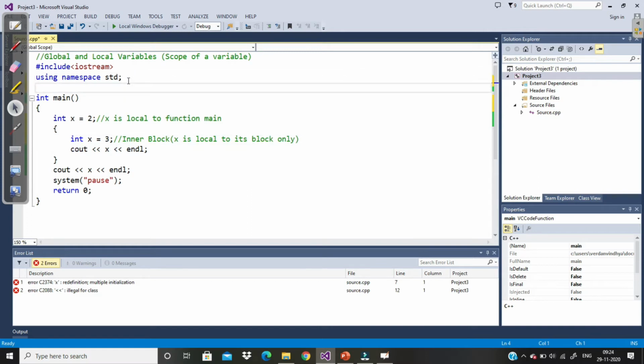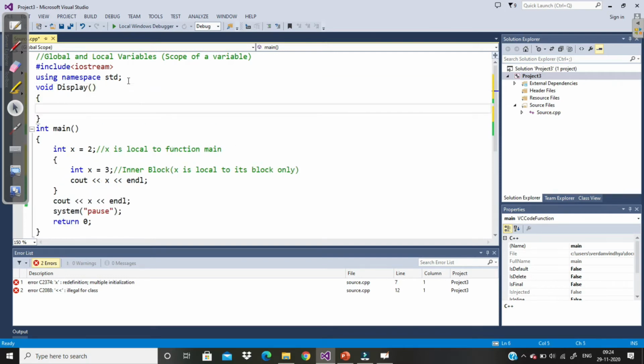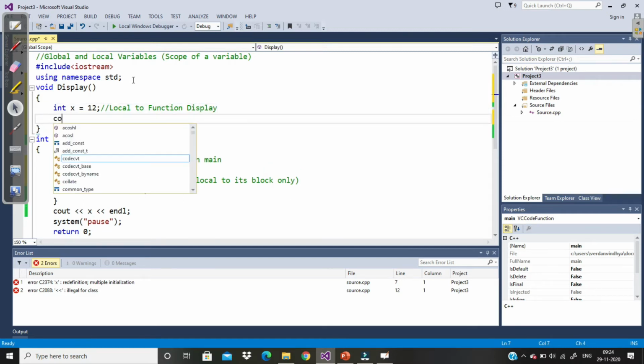Now let's say we have one more function. Let's say we have a function void display, and this display function also has another variable x, and let's say this x is 12. Now this x is local to function display. We cannot print this variable anywhere outside this function display.